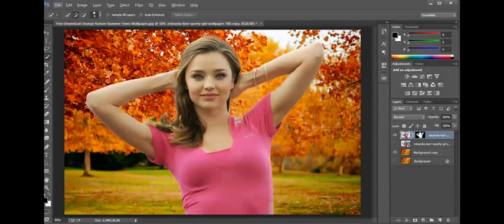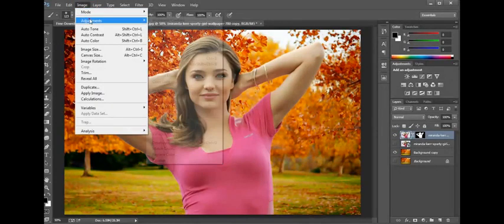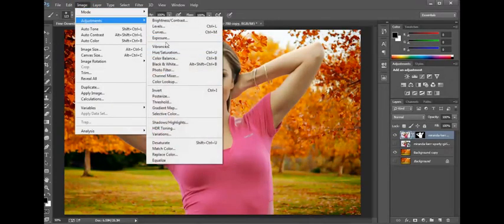As we see here, she looks pretty good. It's a pretty good selection, this background, with the details, and everything is fine. Well, at this point something is not okay, because the colors of the background and the girl do not match. They don't match together, so all we have to do is select the image, not the layer mask. Select the image, go to Image, Adjustments, and